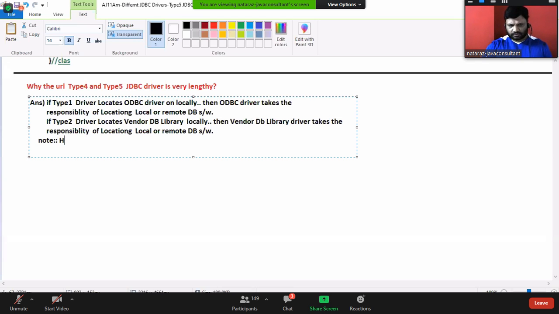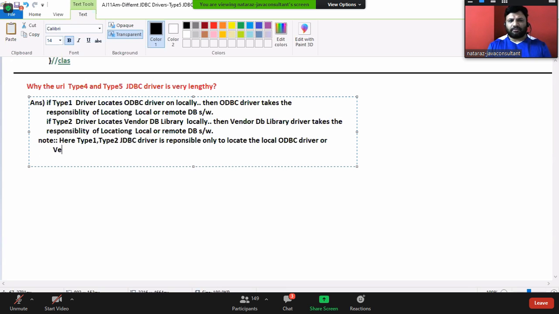Here, for type 1 or type 2 drivers, the JDBC driver is responsible only to locate the local ODBC driver or vendor DB library.